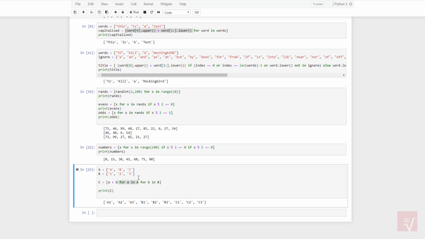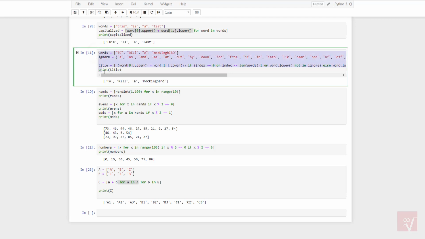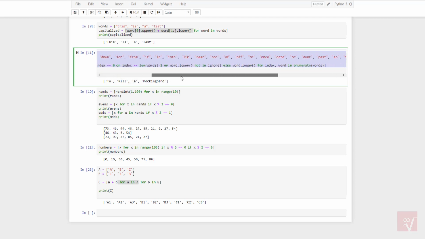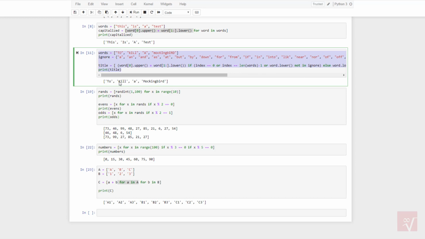And yes, like I showed you up here in this example where we're capitalizing a title, this may be served better by creating a formal function to do the work, because this is really complex, and anybody who's a novice to Python, and even an expert, might look at this and go, why on earth would they write a comprehension that complex? So it really depends on what you're trying to accomplish, but typically use this tool only when it